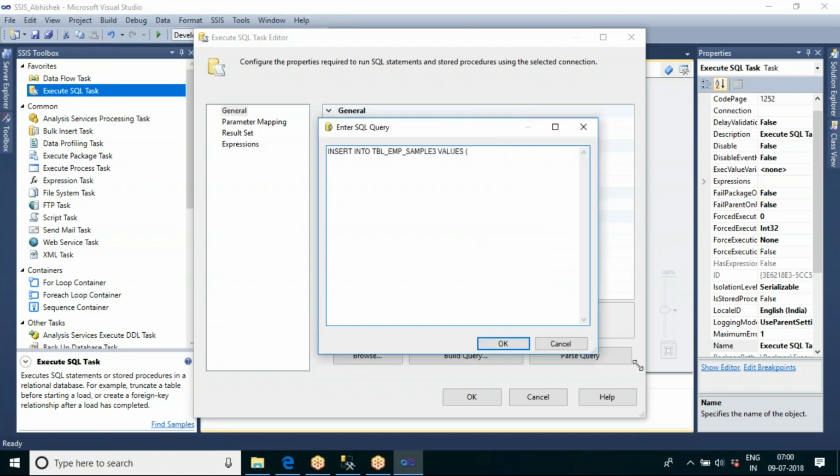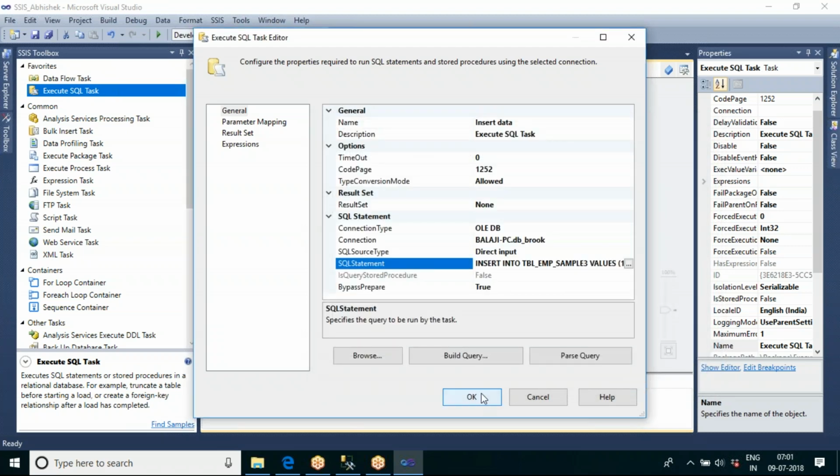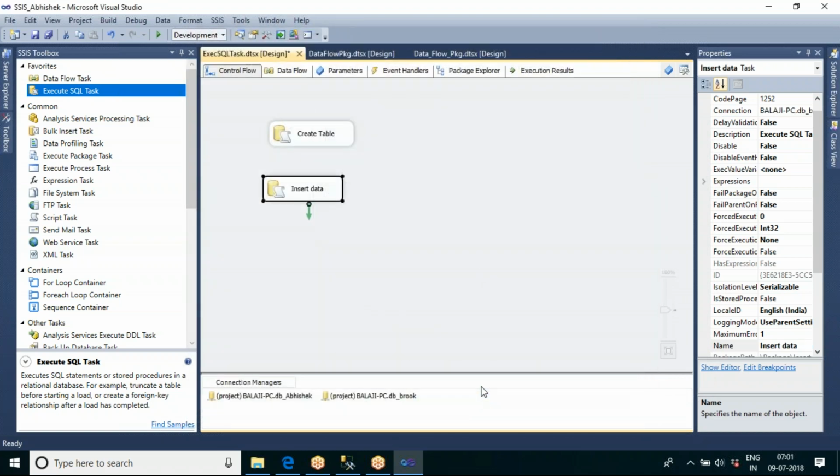So we have 3 columns: employee ID, employee name, and an integer age. So let me have employee ID 1, Krishna as the employee name, and let us say some age. You can write like this. So we can write the insert command also. Now you can go and see.